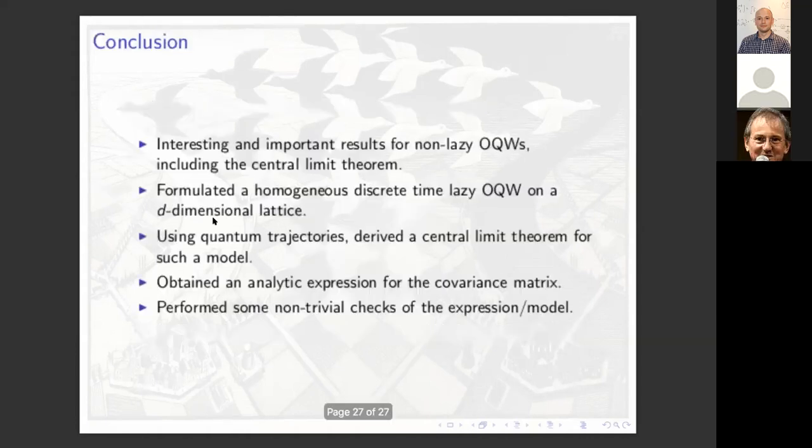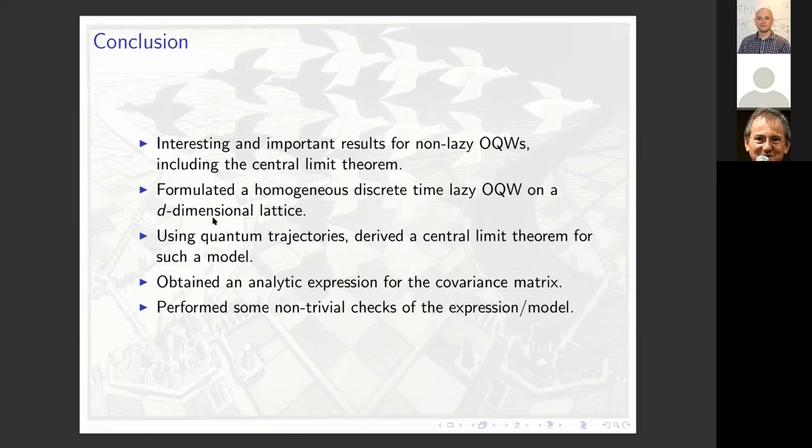That's good. I should also say that in the paper, we did look at some two-dimensional examples. I think it was a trapped ion system walking on a two-dimensional lattice. We also compared theoretically predicted values for the covariance matrix with the simulation of the open quantum walk. And again, we find very nice agreement between our theoretically predicted values and the simulated values.